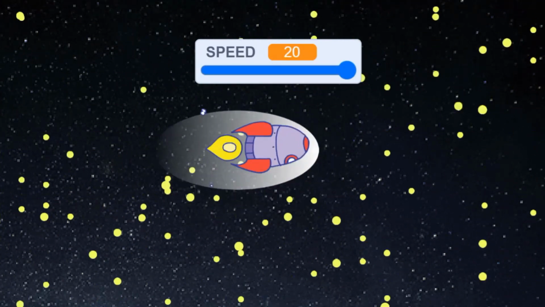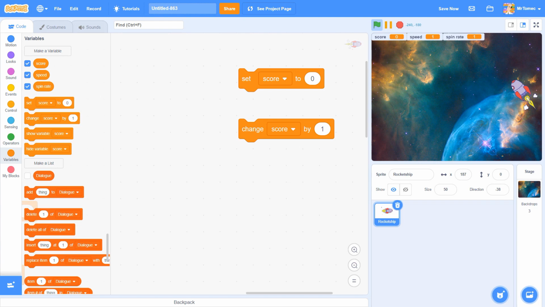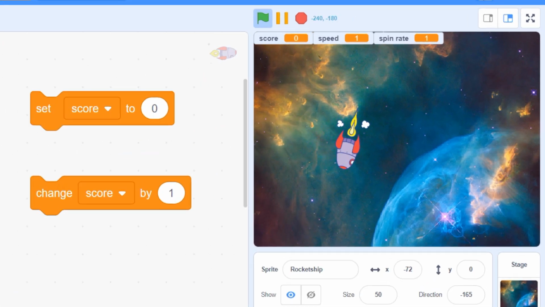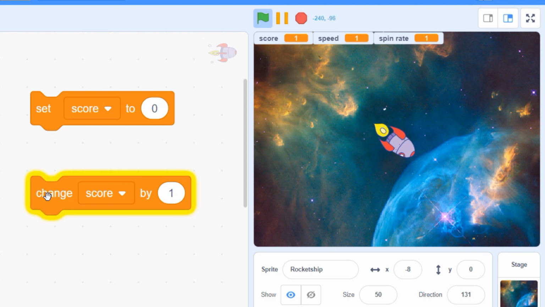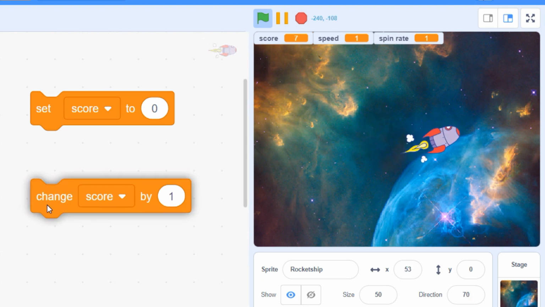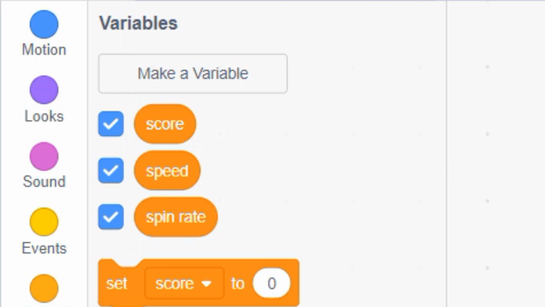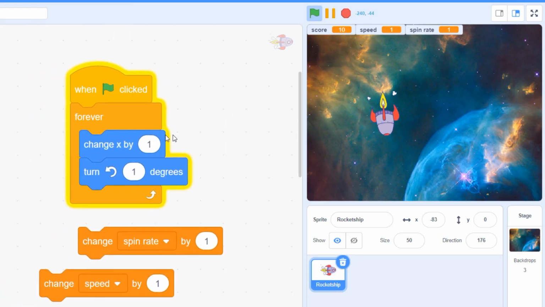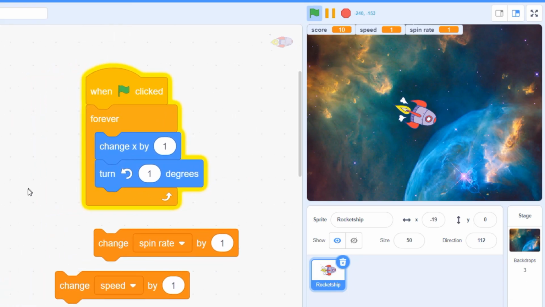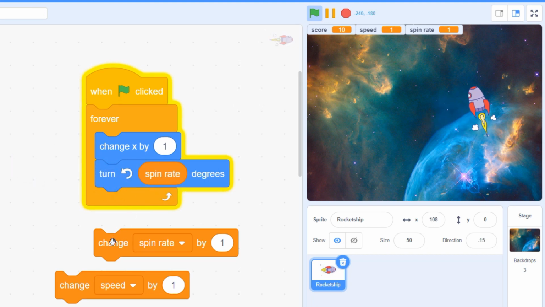where variables come in. If you've made a game in Scratch before, you've probably used these rectangular variable blocks to set and change the score. But the real power of variables lies in these small orange bubbles that Scratch puts in your block tray every time you make a new variable. You can drop these little orange variable bubbles into any white input bubble in your project and use them to take control of that block.